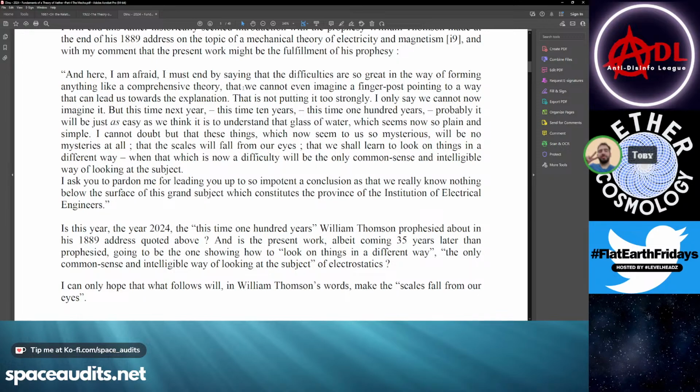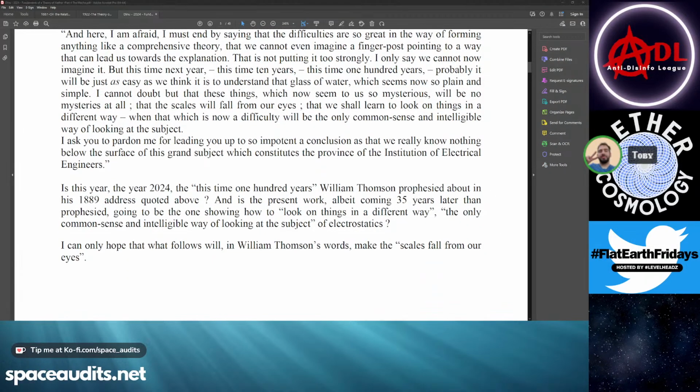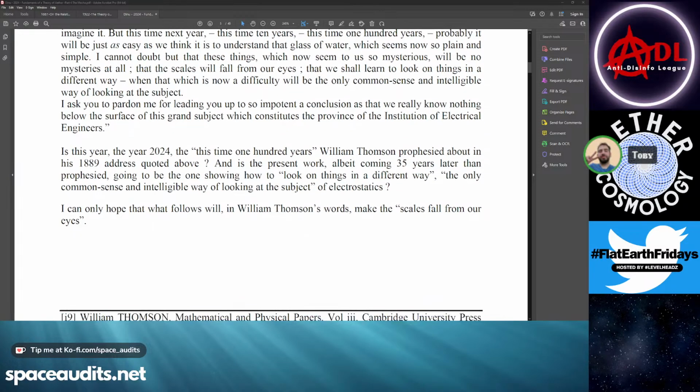But this time next year, this time 10 years, this time 100 years, probably it will be just as easy as we think it is to understand that glass of water, which seems now so plain and simple. I cannot doubt but that these things, which now seem to us so mysterious, will be no mysteries at all. That the scales will fall from our eyes, that we shall learn to look on things in a different way, when that which is now a difficulty will be the only common sense and intelligible way of looking at the